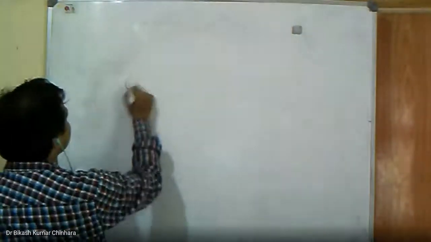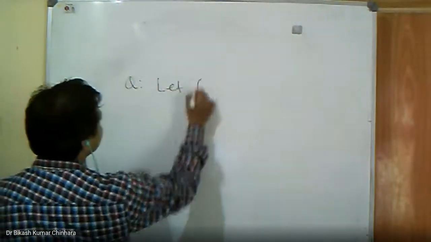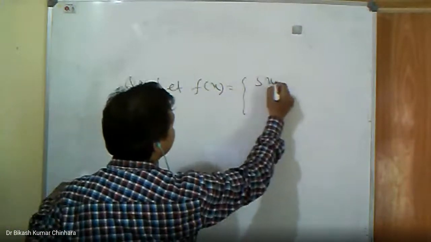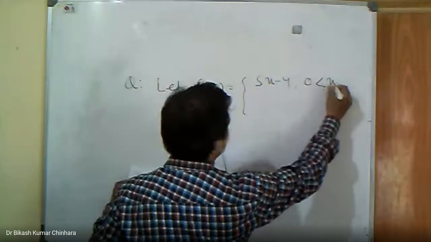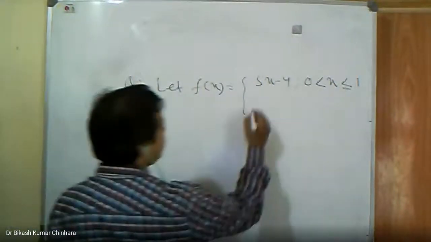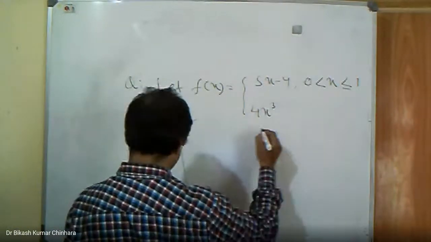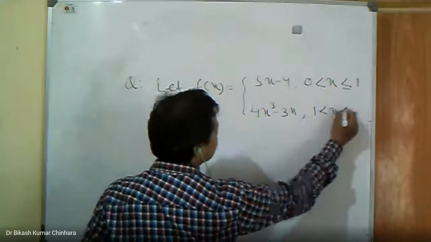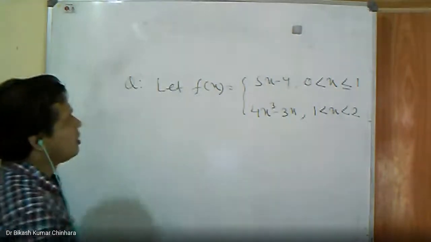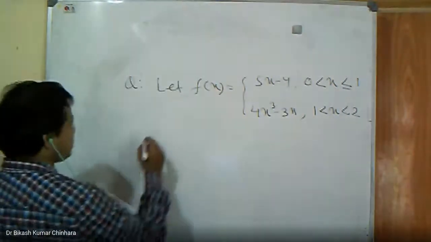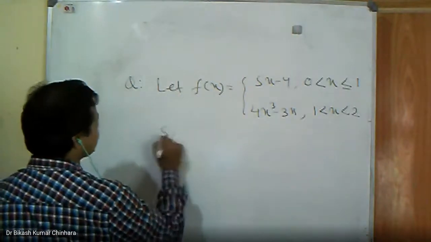The question is, let f of x equal to 5x minus 4 if x is lying in this interval, and its value is 4x cubed minus 3x if x is lying in this interval. And the question is, show that